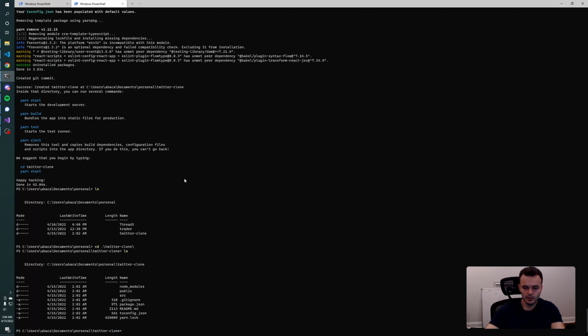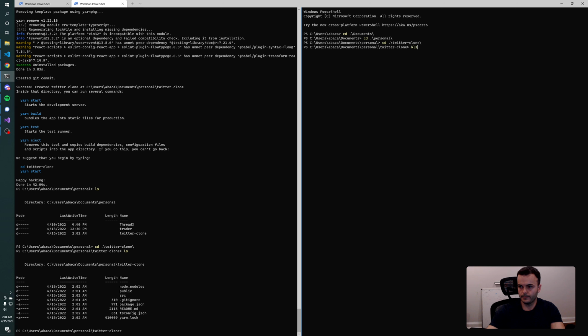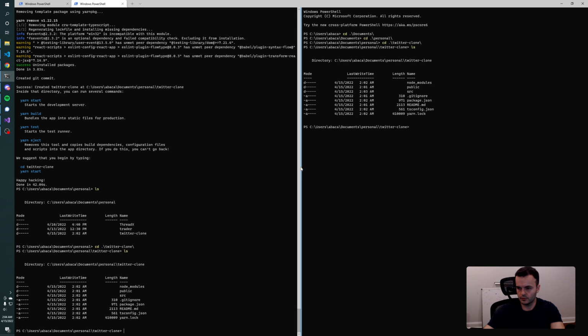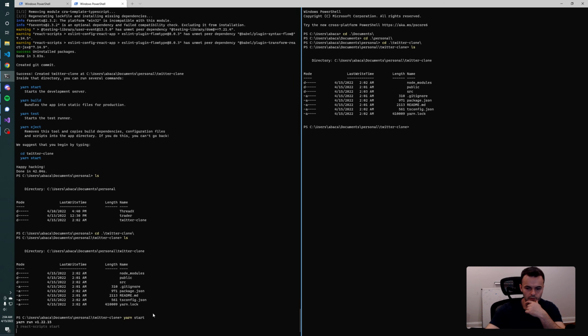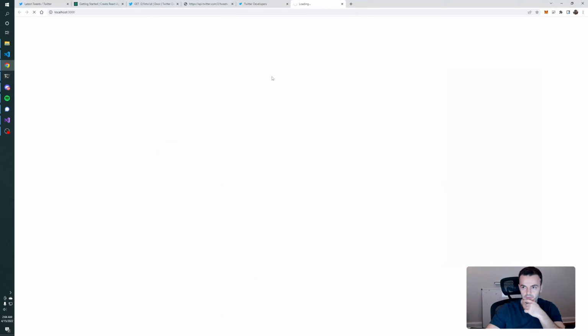Okay. Let me open another terminal. Do I need another terminal? Yeah, I do. Okay, so yarn start. That should start the local server. Let's see what it looks like. Okay, we have a beautiful rendering of the app. Download DevTools. Maybe we'll do that. Let's see. So we go back here,